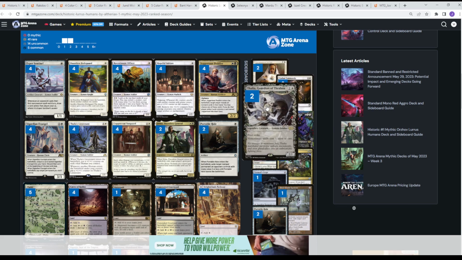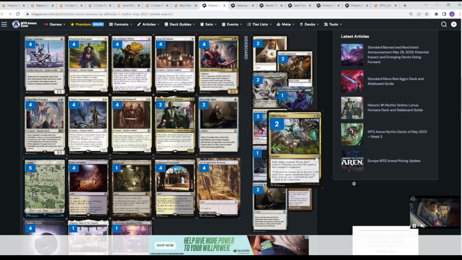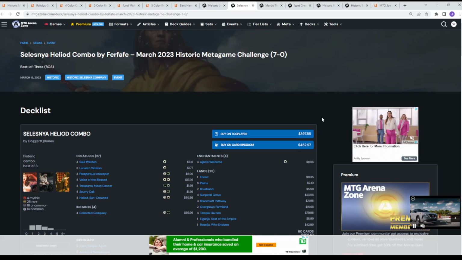Artifact and Enchantment Hate, Tax Hate with Thalia, Brave the Elements for protection, and if you're playing against a monocolor deck, pseudo-unblockable. Dire Tactics for removal, Portable Hole for removal, and then Soulgine and Tormod's Crypt as Graveyard Hate. We then go to Selesnya